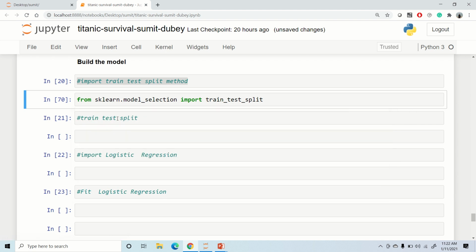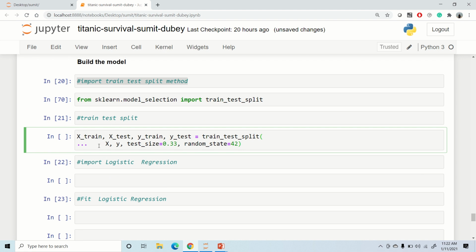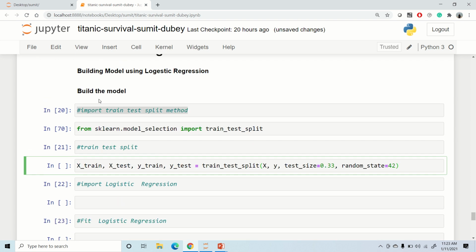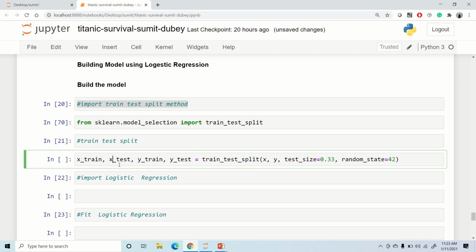You can type it yourself, no worries. In our case the dependent variable and independent variable are a small x and a small y, so I'll say small x, small y. Let me change the case so that it would be easier to read. Great. So this is our train test split.